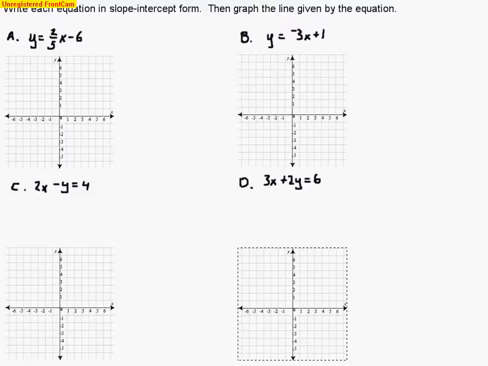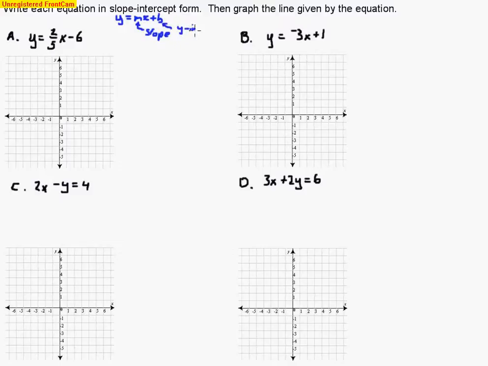For the slope-intercept form, if you recall from yesterday, it goes this way: y equals mx plus b. So remember, the m stands for our slope. So this term right here is our slope. And the b represents the